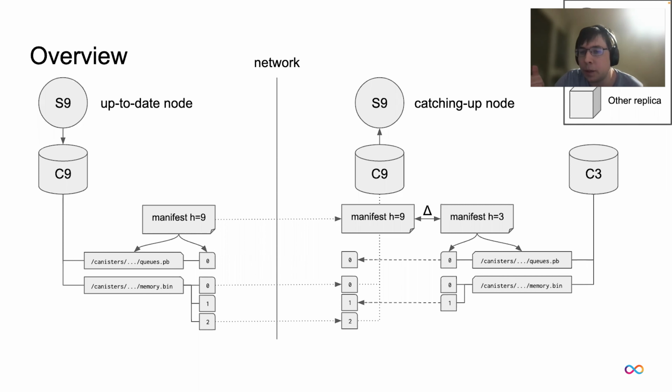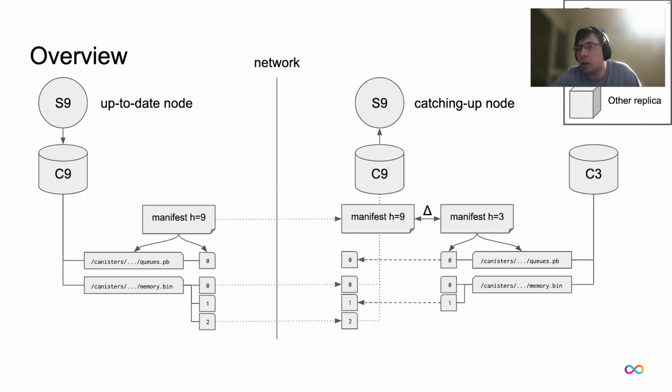However, luckily, we don't actually need to, because chances are, if the node fell behind because it was offline for half an hour, in this case, it does have its own checkpoint. It's just half an hour too old. But most of the state wouldn't have changed in this half an hour. For example, if there is a canister that has static assets, it most likely wouldn't have changed them within the